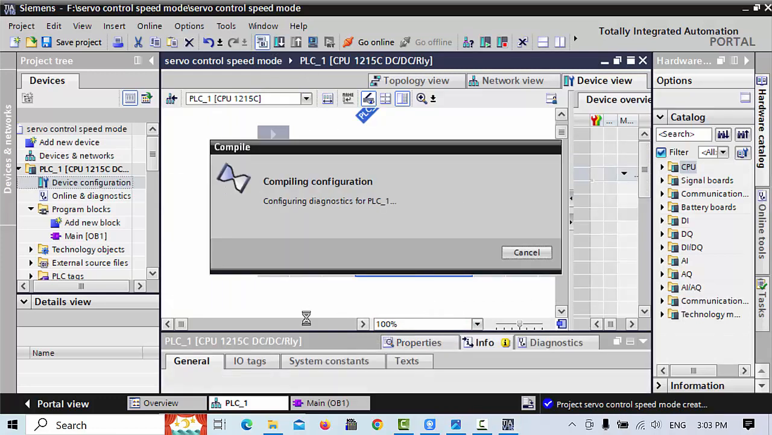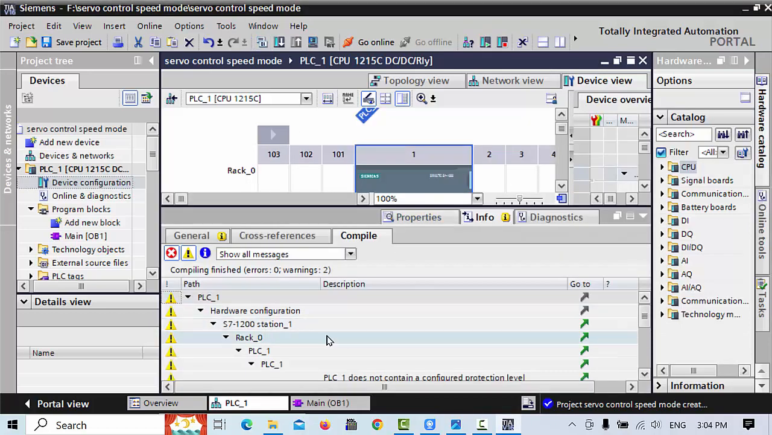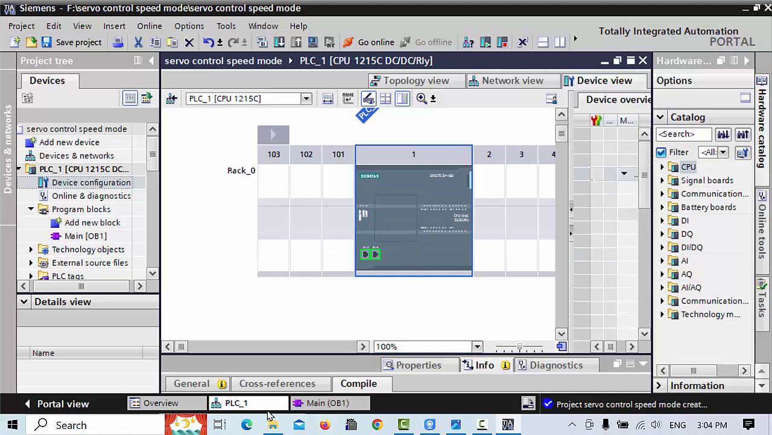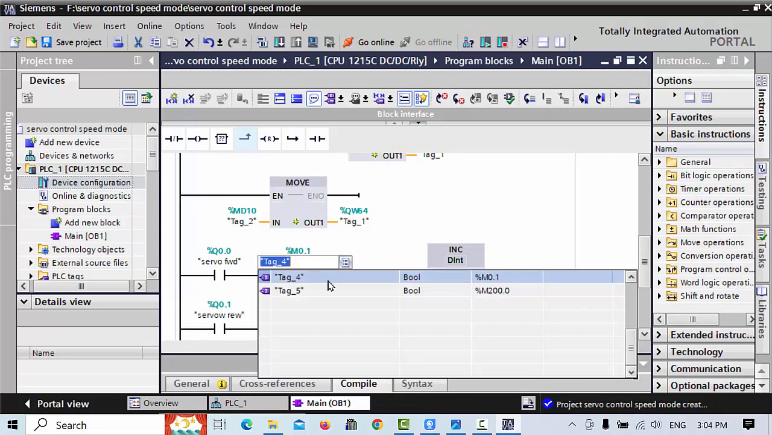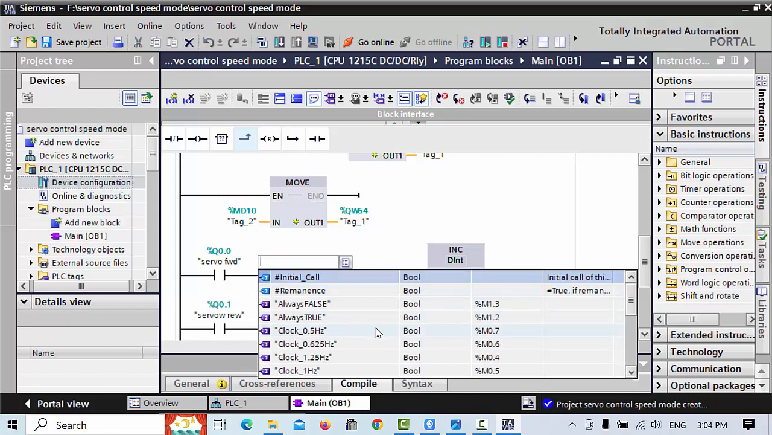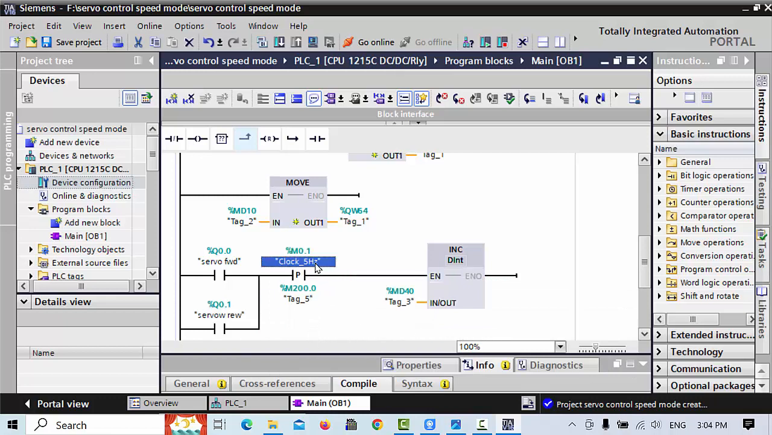make it compile, and here also can be checked, and go back to the main OB, and see that M0.1 is now showing an error. M0.1 we have to take from the clock pulse, that M0.1. When we choose it from here,